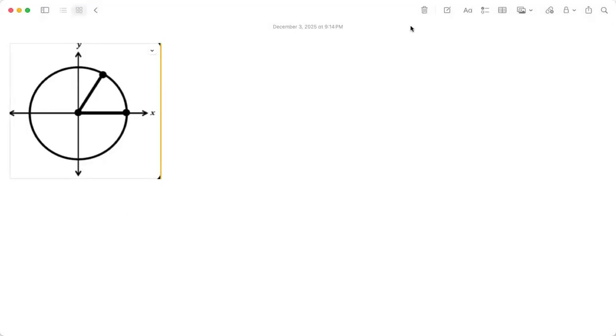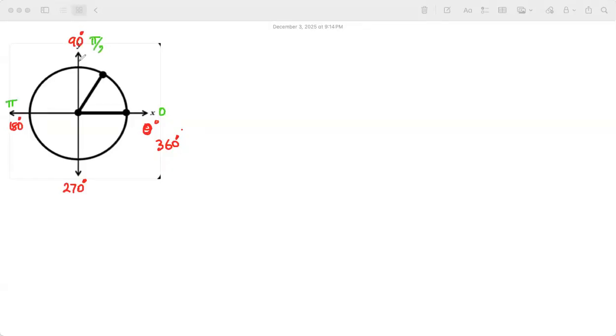So when you think about it, let me write it down as well. This is 0 degrees. This is 90 degrees. This is 180 degrees. This is 270 degrees. Again, this goes as 360 degrees here, right? However, if I write it in theta, I can write it out as 0. This is pi, right? So this will be pi by 2, half of that. And then this will be 3 pi by 2, but guys, you have to memorize these. Then this is 2 pi. These all go together.